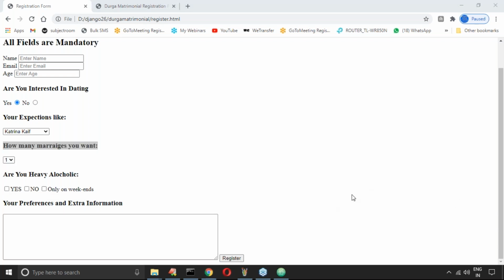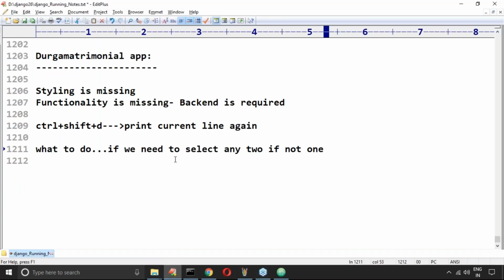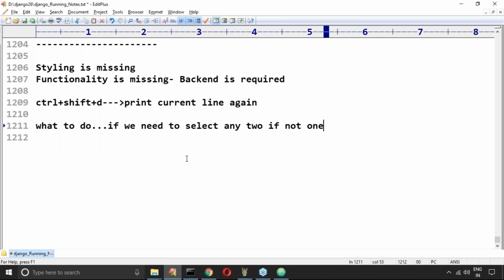Next, someone is asking: what to do if we need to select any two if not one? By default, HTML has the options of one or multiple. I want to select only two options. Okay, only two. There is no way, you can select two, but exactly two, there is no such option.